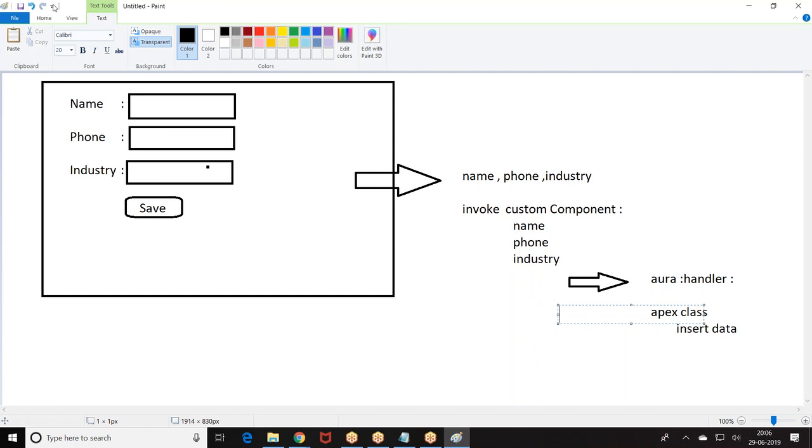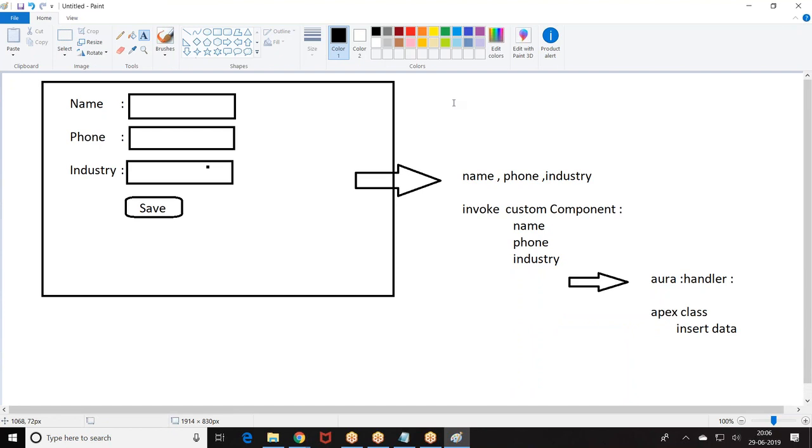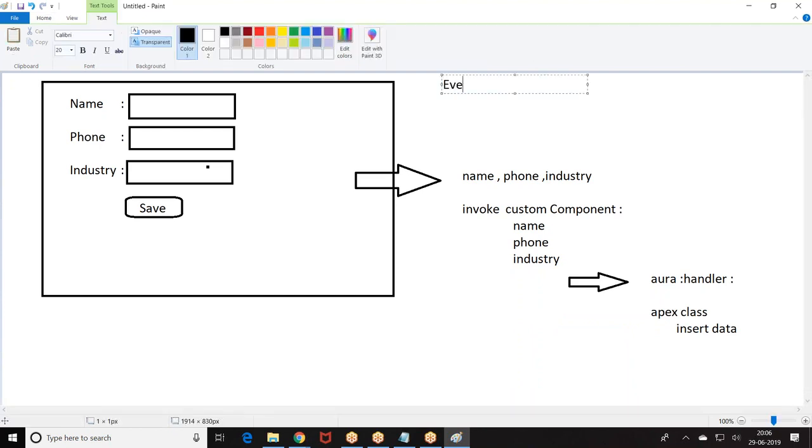First, look at the story, boss. Create an event. Create one lightning event which will take name, phone, industry as parameters. We'll be invoking all this from the Visualforce page.